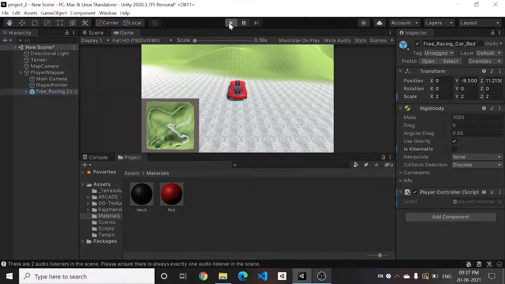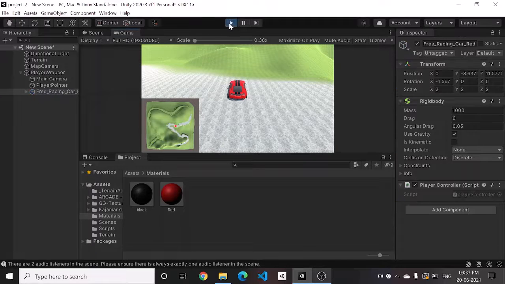Now the camera is wrapped around the player pointer while the motion happens with the player.